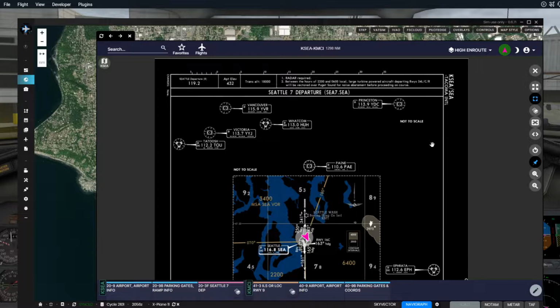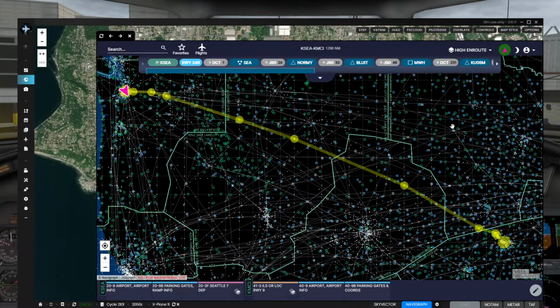So that takes care of our departure out of Seattle. Again, here is our flight routing. And you can see how it's cutting through what centers and all of that. They've got that nicely delineated, as well as VATSPY over here, which I'm just checking to see if anything's changed. It does not look that way. So what I'm going to do is go ahead and come back up on VATSIM, file my flight plan,